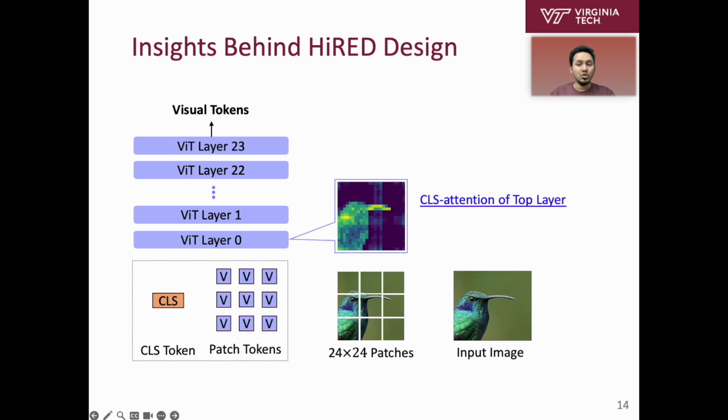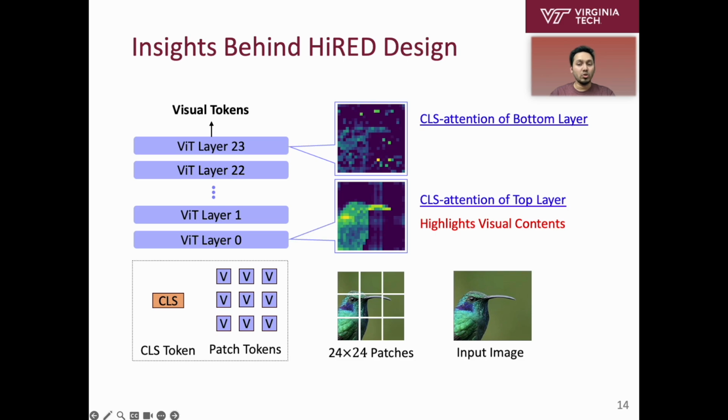It highlights the visual content of an image while darkening the less important background areas. In contrast, class attention in the final layer focuses more on the background tokens that aggregate features from other patches. As a result, these tokens are more informative, despite most of them coming from the background areas. Based on these two insights, we designed phase 1 and phase 2 of our proposed method, which we explain